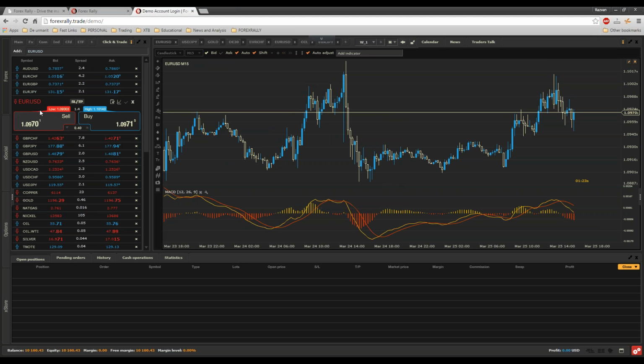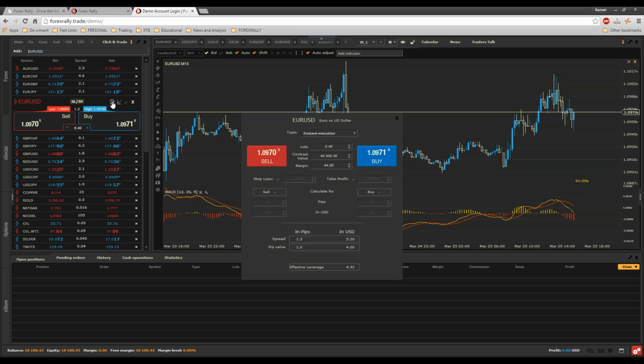So if you click Euro USD and click after that open ticket, you'll see here that one lot, the contract value is equivalent to 100,000. The margin required at this point is 110. It is 110 because you have dollars for your account here, and this calculator is actually making all the calculations for you. You will actually need 100 euros, but because you have the account in dollars, it will show you how many dollars you need to block in margin so that you can trade one lot of euro dollar.